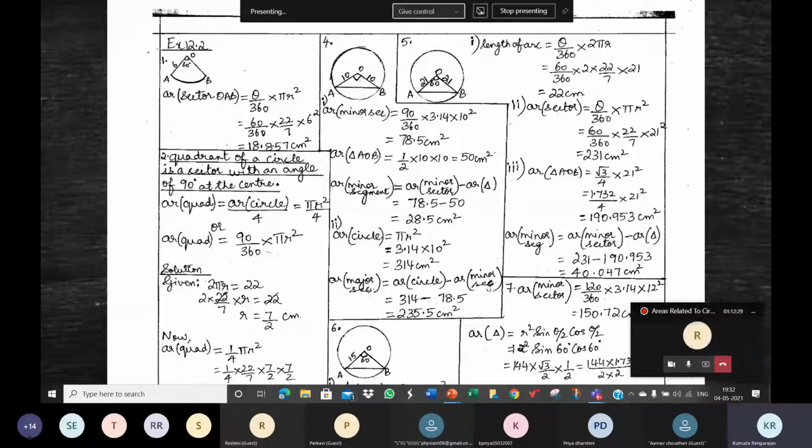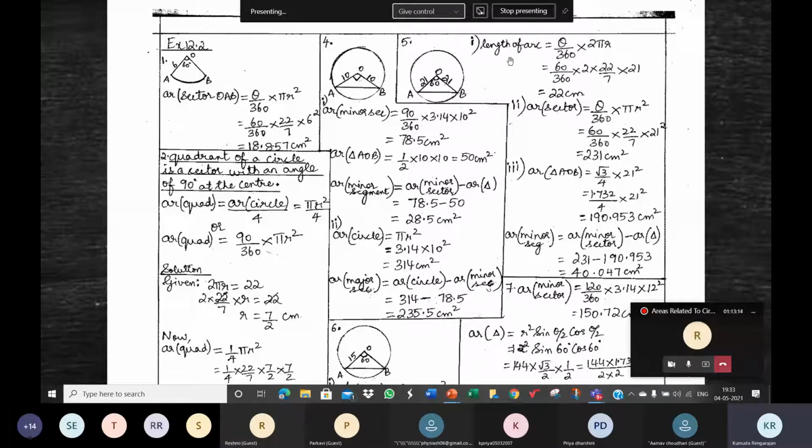So when the question is length of the arc, we have a question: length of which arc? There are two arcs. There is the minor arc AB, and there's also this major arc AB. Which length to find? The angle mentioned is 60 degrees, so it is the corresponding arc. So this is the sector, and this is the arc in the sector. Since the angle 60 degrees is mentioned, you need to find the length of this arc relevant to 60 degrees. That's the first thing.